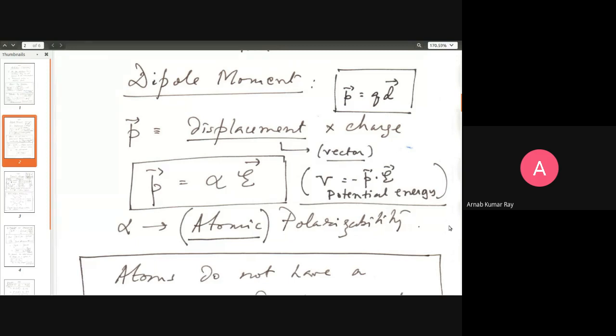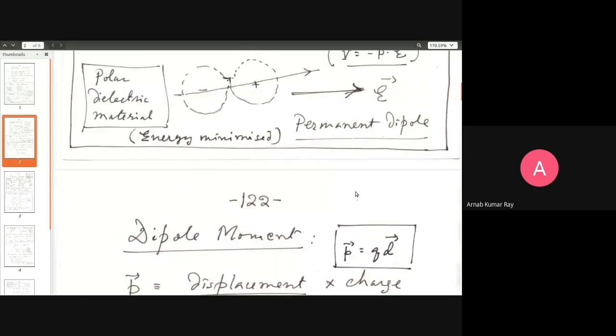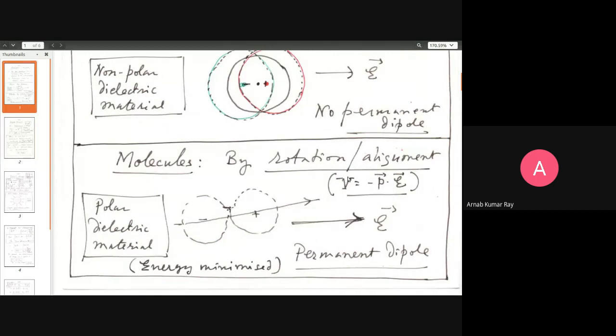And of course, there's also the potential energy. You can immediately see the potential energy will be minimum in the case of rotational alignment of a permanent dipole in the direction of the electric field. The potential energy will be minimum when there is a zero angle between the two vectors, the dipole vector and the external electric field vector, in which case this potential energy will have the lowest value. Why so? Because the minus sign makes it have the lowest value. The highest value will happen when you have 180 degrees.